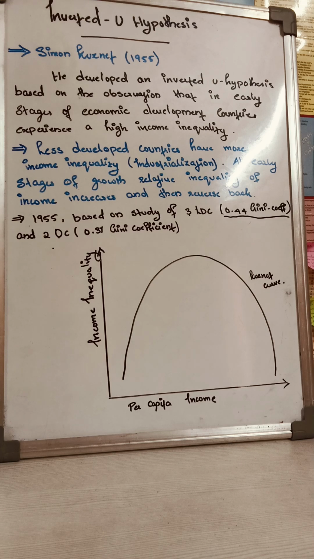He has shown the same in the form of a curve which came to be known as the Kuznets curve. This Kuznets curve can also be taken into account for environmental factors as well. At the early stages of development, there is environmental degradation and pollution due to industrialization. But as the country turns out to be developed, this changes and environmental degradation reverses itself. The curve which was developed by Simon Kuznets for this is known as the Kuznets hypothesis or Kuznets curve.